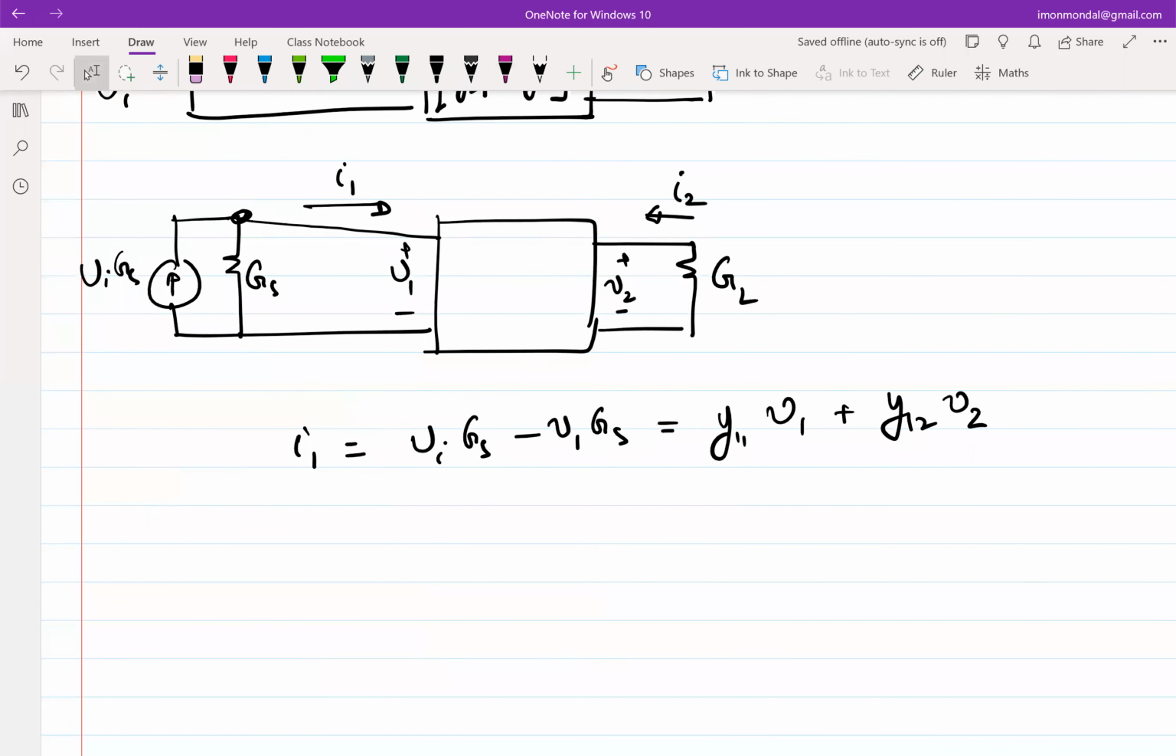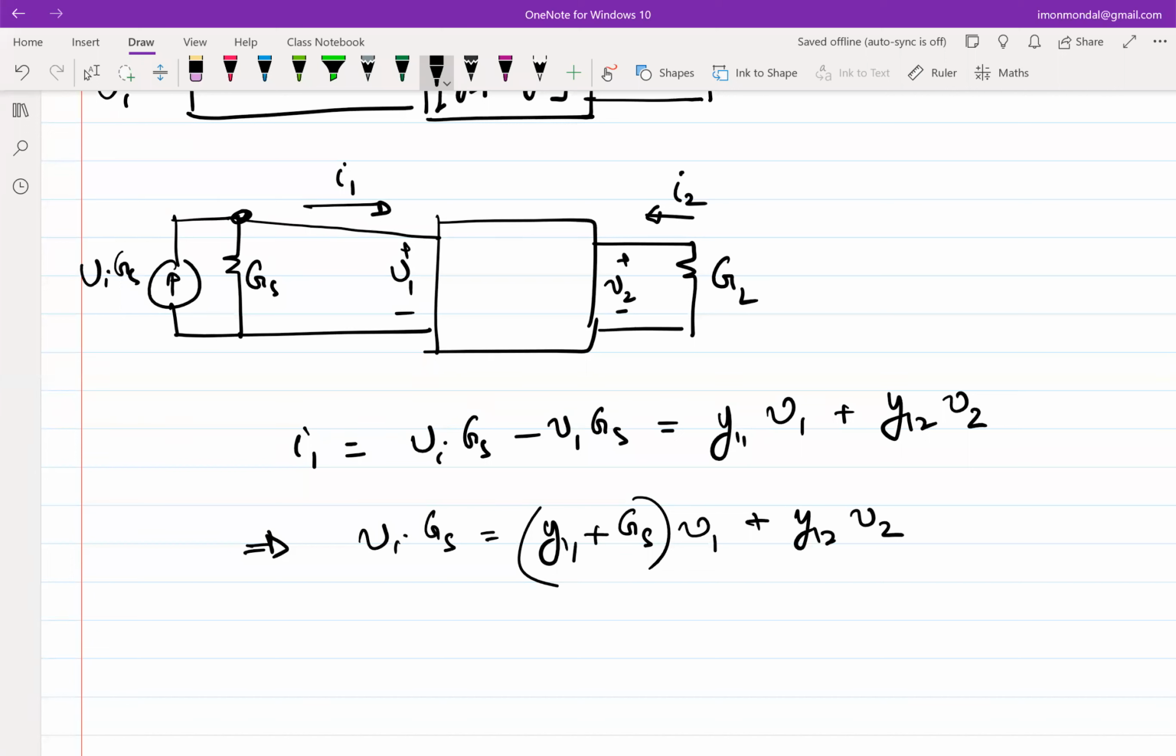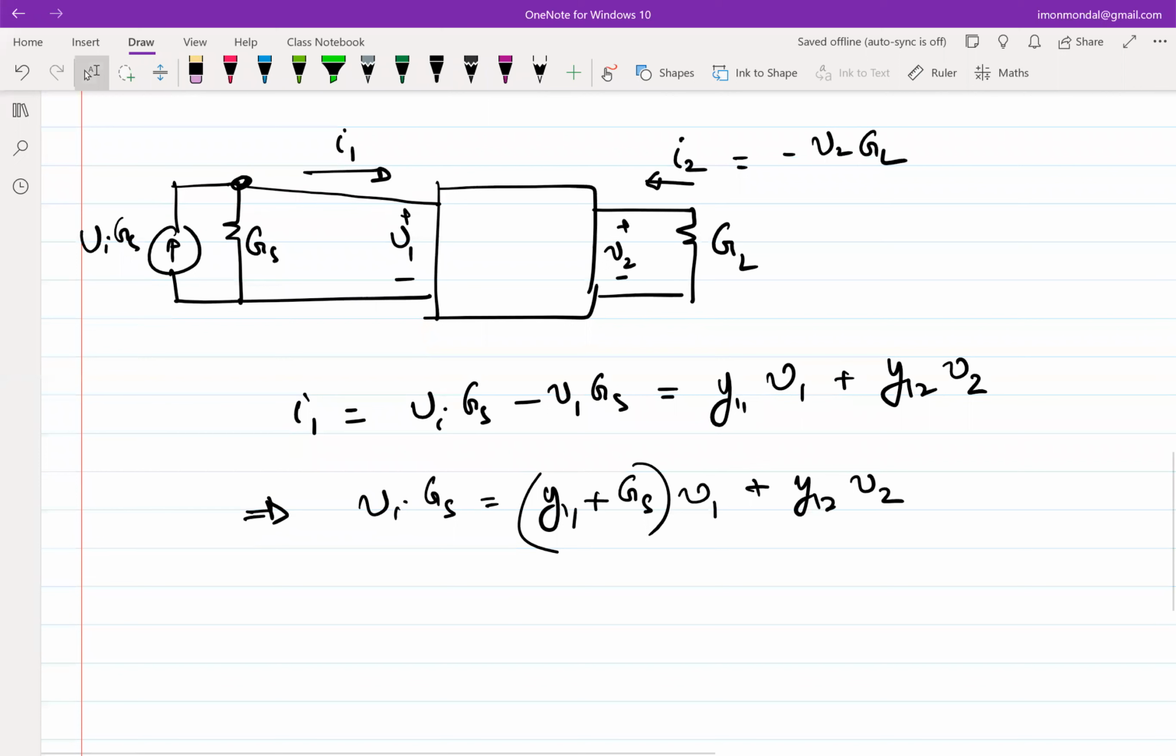Okay. So I will club all the V1s and V2s together because it can be easily expressed in a matrix form then. So this becomes VIGS equal to, this is one equation, and at the output side, my I2. So I note that I2 is equal to minus V2 times GL, right? The direction is minus because the current has been denoted in the opposite direction. So minus V2 times GL is equal to